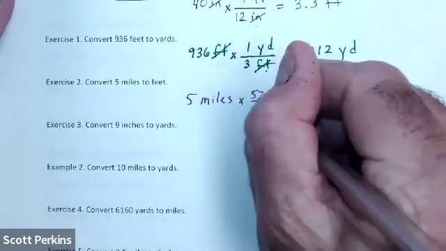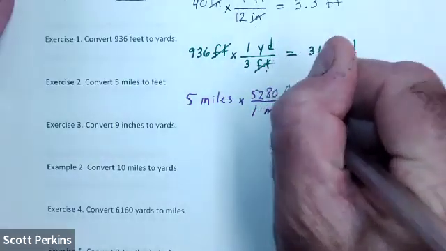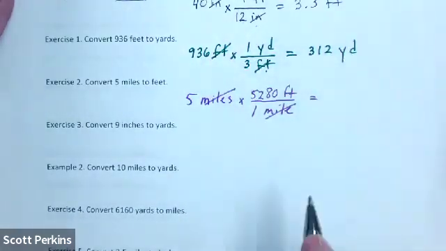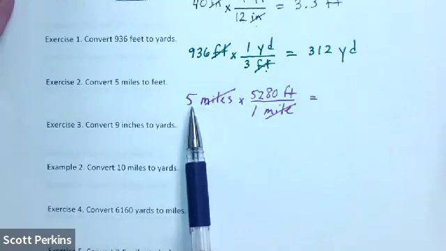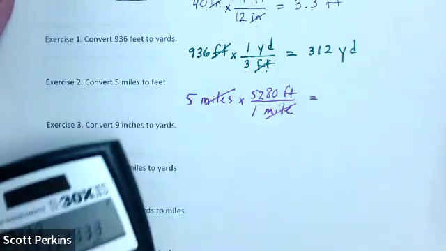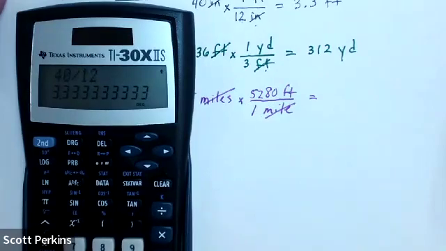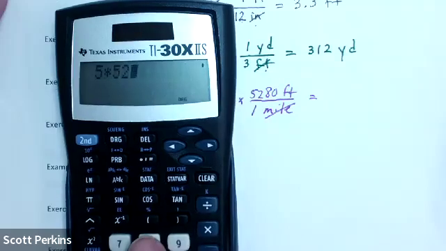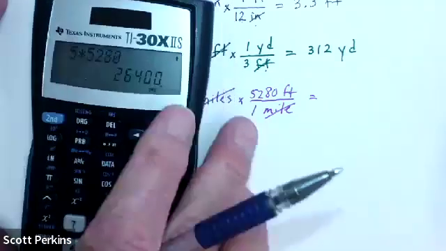So the 1 mile, I've got the 5,280 feet. Again, I put the mile in the bottom so that they'll cancel. This time, the dimensional analysis tells me, what am I going to do between the 5 and the 5,280? Yeah, they're both in the top, so I'm going to multiply. Okay, does everyone see the difference between that and the previous one where I had to divide? Again, if you see that, you understand everything that you need to understand for this. And so I'm going to multiply the 5 times the 5,280, and that gives me 26,400